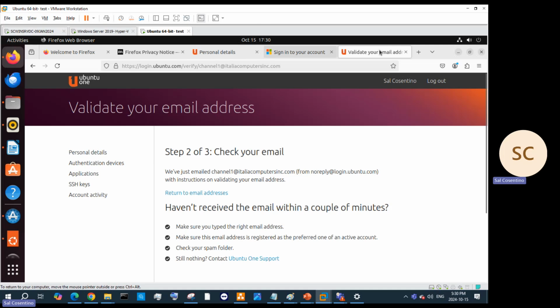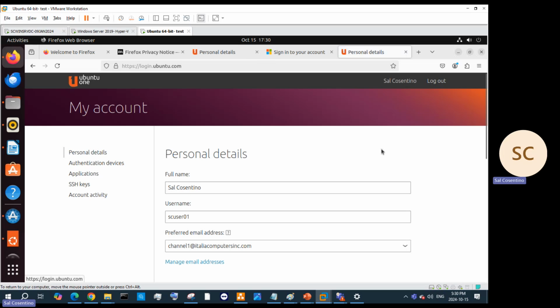Okay. So again, I'm now able to go back here. I'm going to select I'm not a robot and say yes, I'm sure. So I'm adamant now that this should be validated, which is perfect. I've gone ahead and I will save the details here for myself for Ubuntu One. I should now go back. This is step 2 out of 3, which is what I've done here. And if I go back to